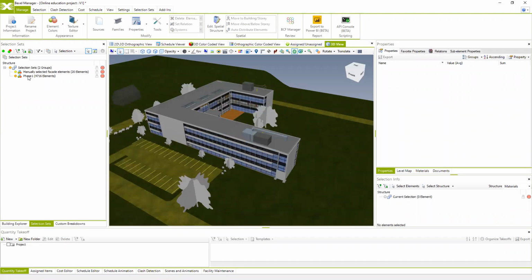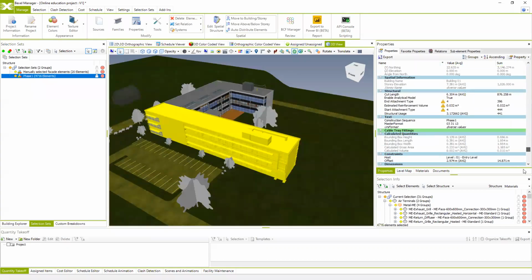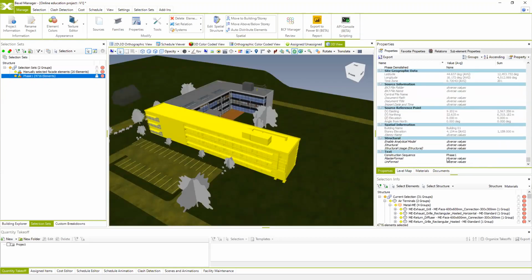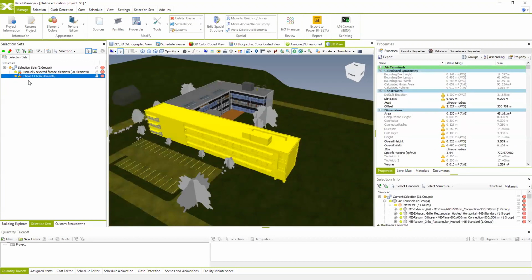And in this case, it was a really simple and elementary rule, which says, okay, group the elements which have exactly that value, phase one, for the specific property we decided. If we want to use the same rule and create additional selection sets for, let's say, phase 2 and 3, we can do it in this case,